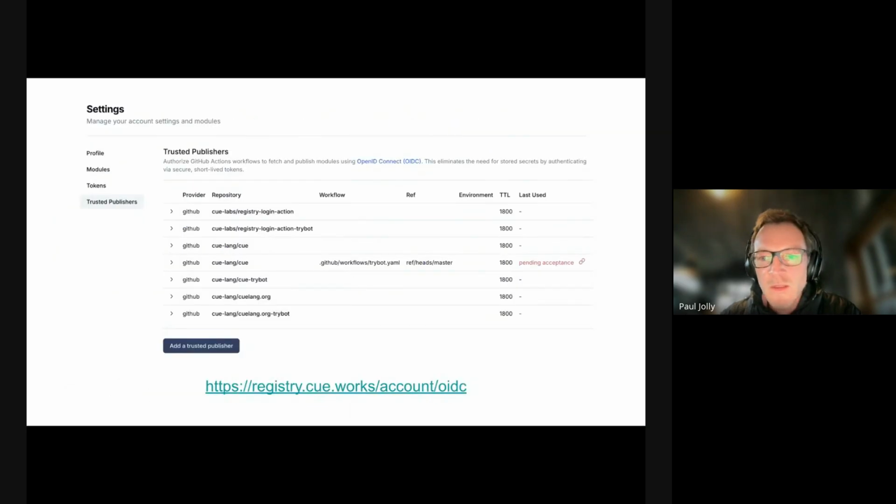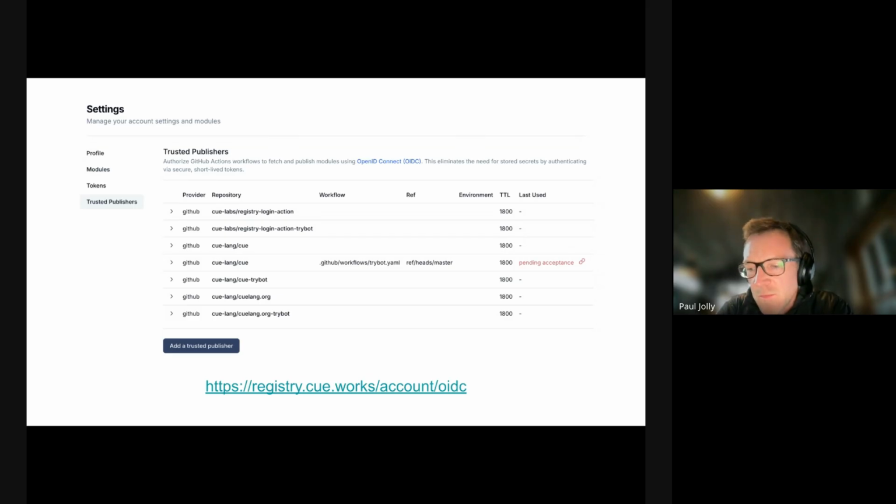And then on the other side of that, what you end up doing is configuring some settings within the Central Registry itself to say which repositories are enabled for this, and essentially whether you want to limit it by workflow or branch or anything like that. Then if there is a match, the Central Registry replies to your GitHub Actions workflow saying, yep, sure, and here is your auth token, and then you're authorized from that point onwards. You can also delegate to another user if you don't want your own credentials.